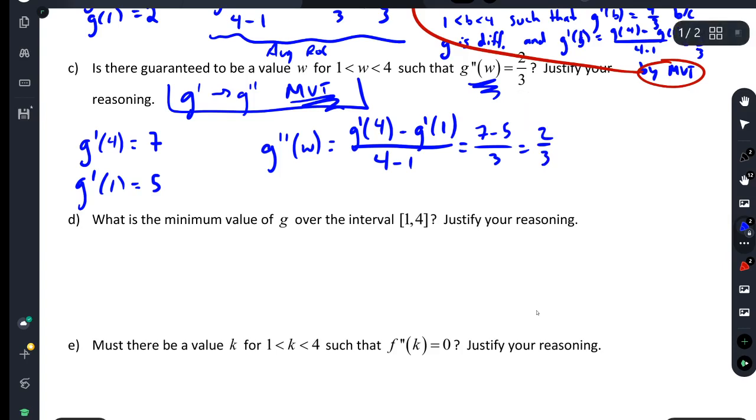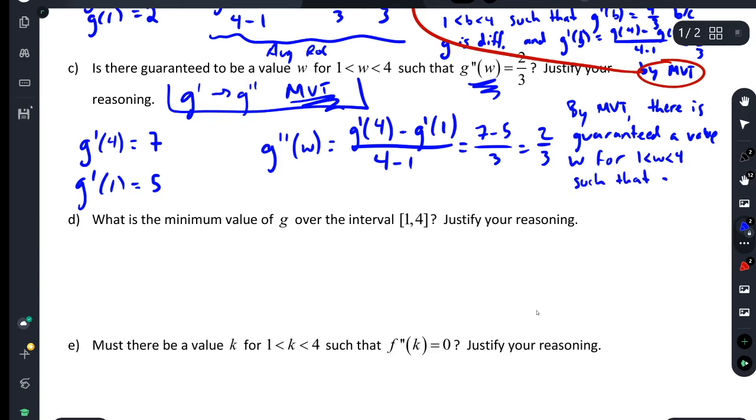So then I can say something like, I'm going to start off with the MVT this time. By MVT, there is, and then just copy their wording, guaranteed a value W for 1 less than W less than 4, such that G double prime of W equals 2/3, because G, now this one is a little bit tricky, but